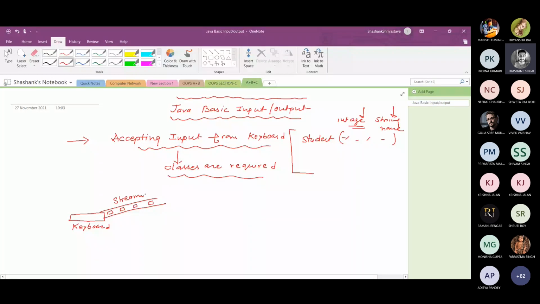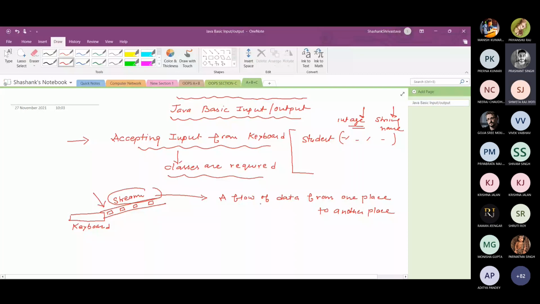Now the question is, what is a stream in Java? A stream is a flow of data, like a pipe, from one place to another place. If you would like to take the input from the keyboard, you need to connect a stream with the keyboard. How can you create the stream? We will see it later. But what is a stream?